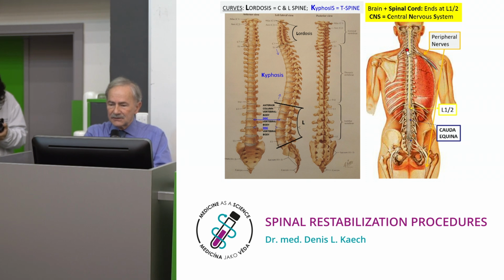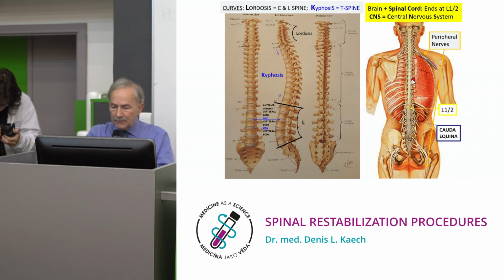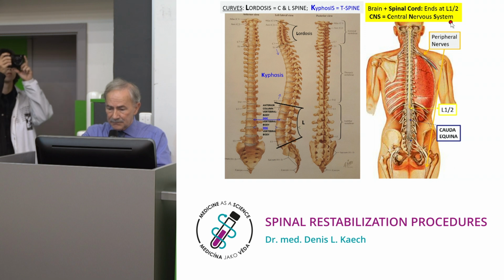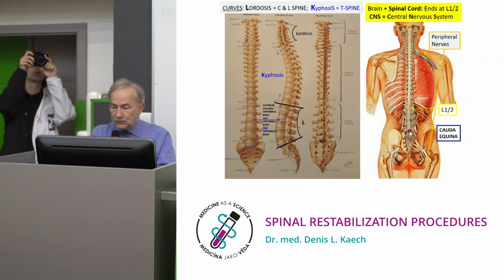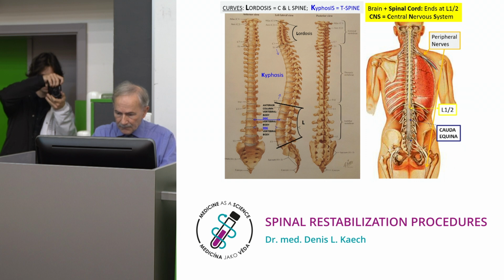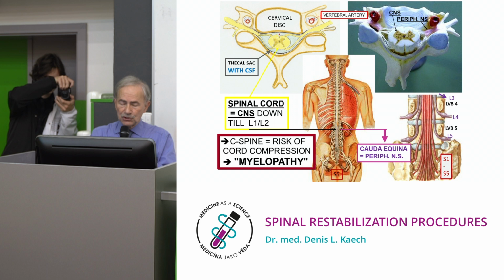This is the spinal cord. It ends at L1, L2, and the peripheral nerves go out on every level. And distal to the end of the spinal cord, which is central nervous system, you have the roots of the cauda equina, which gets together and forms, example given here, the sciatic nerve. The peripheral nerves. When you have a lesion, it depends on the level, how much will be compromised from the